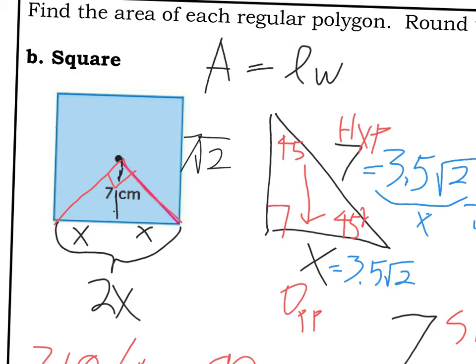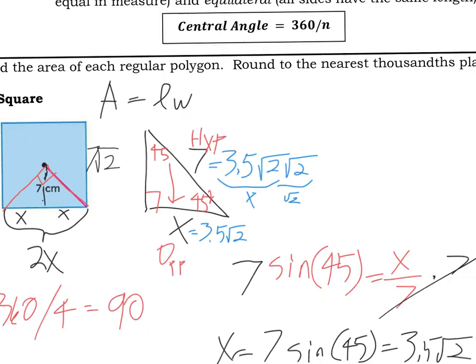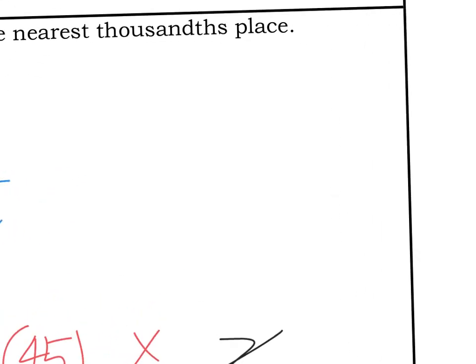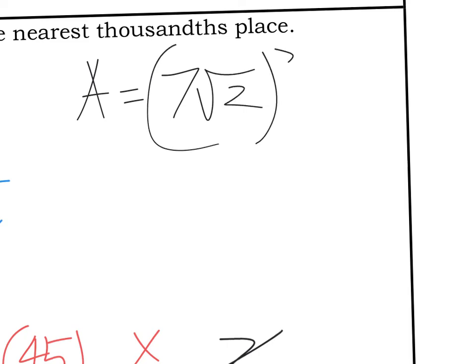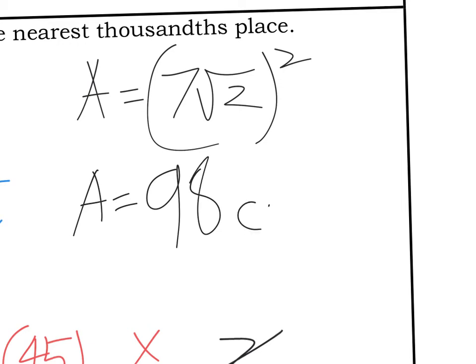And so area is length times width. The square has the same length and the same width. So really all I need to do is 7 square root 2 times 7 square root 2, or 7 square root 2 squared. And so if you were to square each term, like doing it in your head, 7 squared is 49, square root of 2 squared is 2, 49 times 2 is 98 square centimeters,